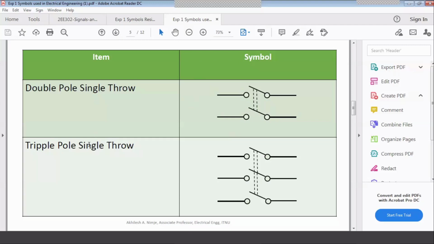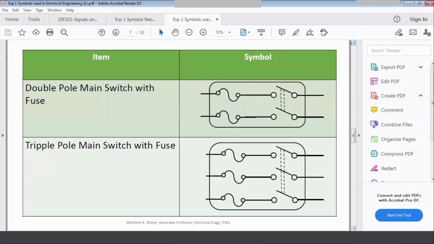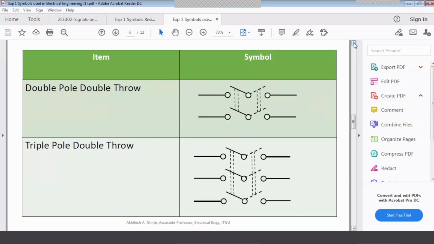Okay. Triple pole single throw means triple poles are on the input side, and the triples are connected to the single. Okay. Then comes the double throw, which means double pole inside, double pole outside. Okay.